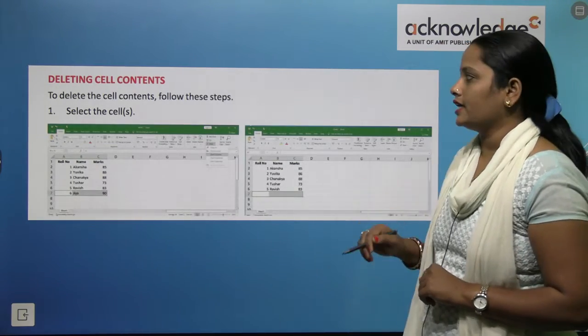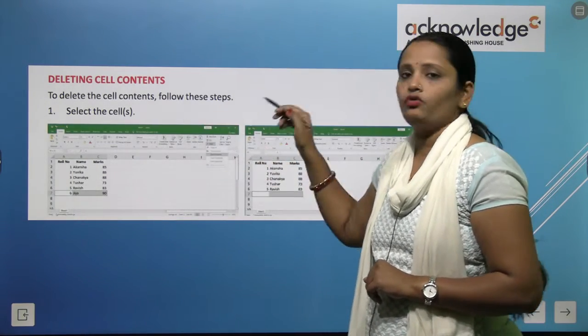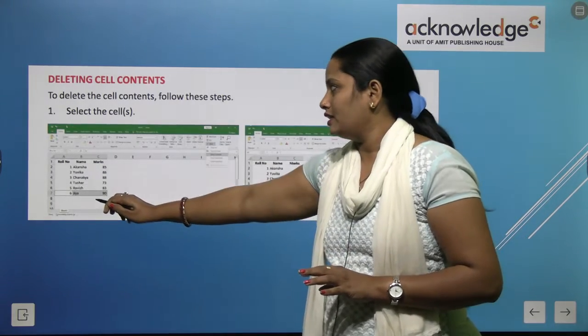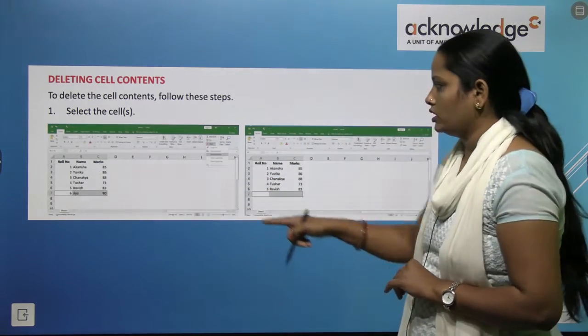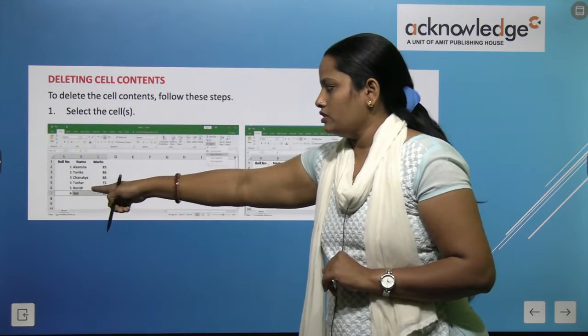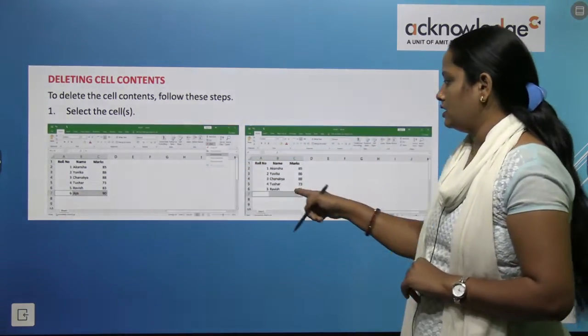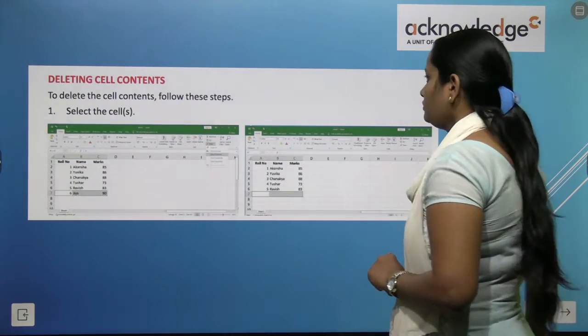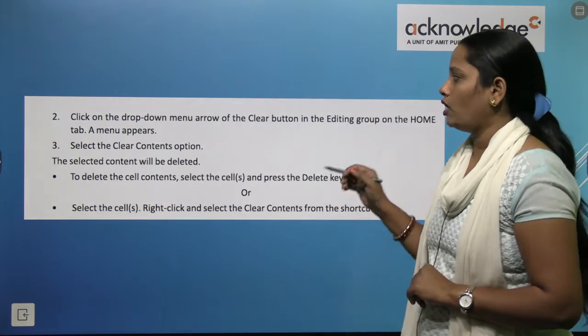Next is deleting cell content. How can we delete cell content? To delete the cell content, follow these steps. First, we have to select the cell that is to be deleted. So here we can see we have selected cell, this 7th one, GR 90 marks, and here we can see it is removed. So first we have to select the cell and then click on the drop down menu in